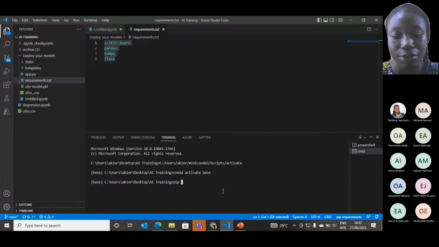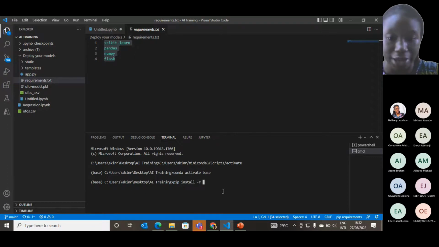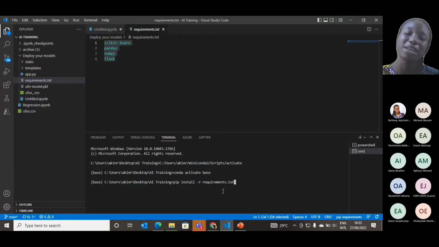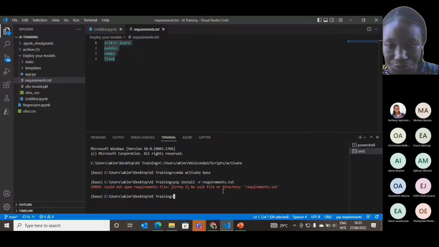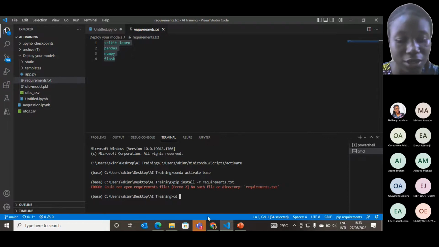do is pip install, just like the way you normally do pip install, but then the keyword is -r, then requirements.txt. This is good if you want to install a lot of requirements at once, so you don't have to be installing one by one. Then you run it. Okay, I have to move to my current working directory, which is